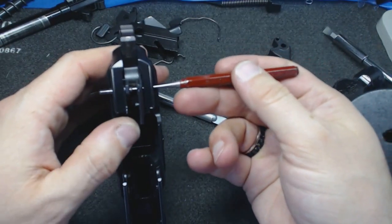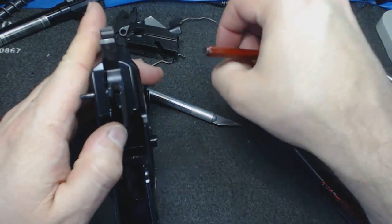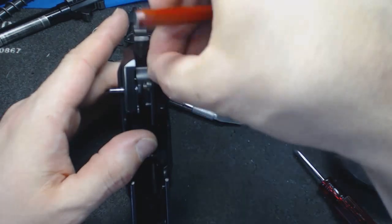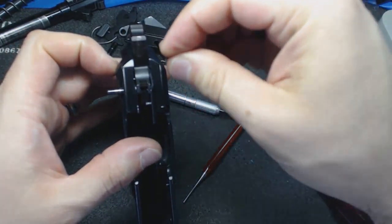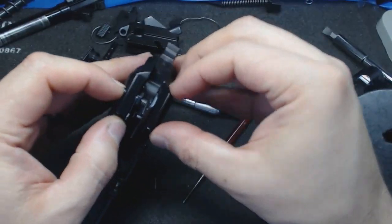So I'm going to come in from this side and I'm going to poke out that spring. It's still in the sear. I didn't poke it all the way out. I just poked enough room that I could stick Mr. Spring right back in there. So of course you have to basically poke it out till it's flush, and then slide the spring in there. Now the spring is going to sit right in there,